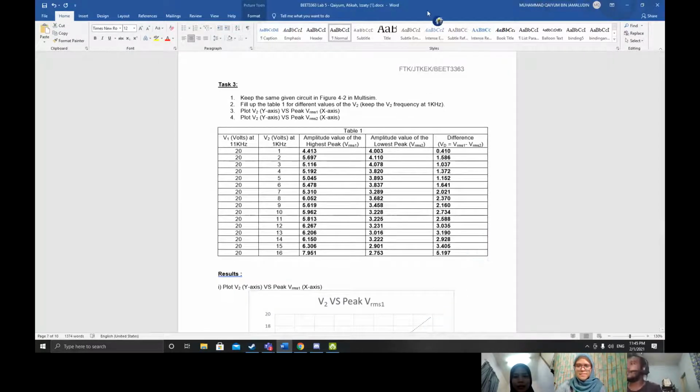Okay, so for task 3, we're still using the same circuit. It's just that we're changing the value of V2, that is the voltage for the message signal. So we're varying from 1 volt to 16 volt. And what we can observe is that